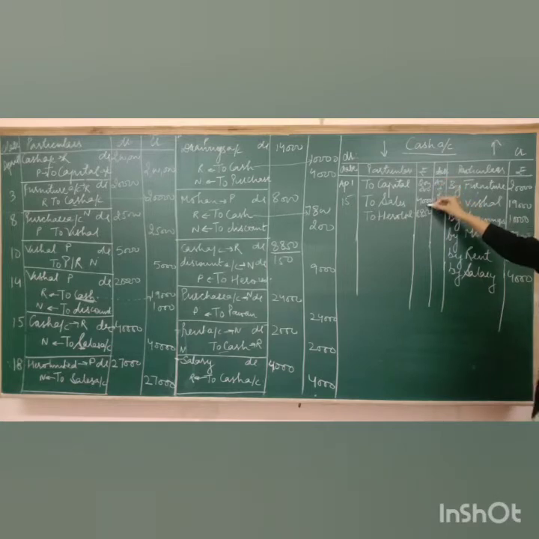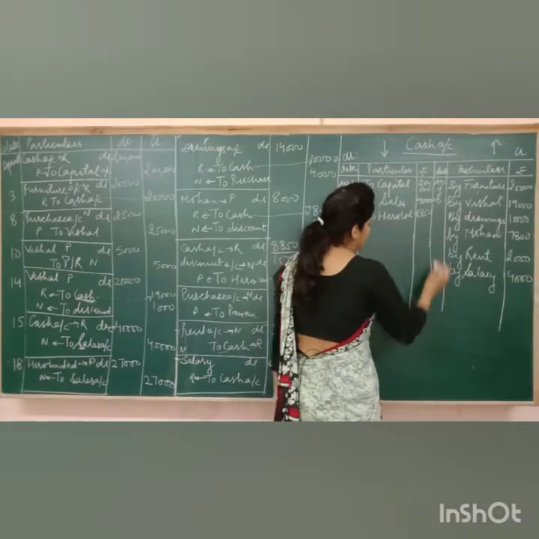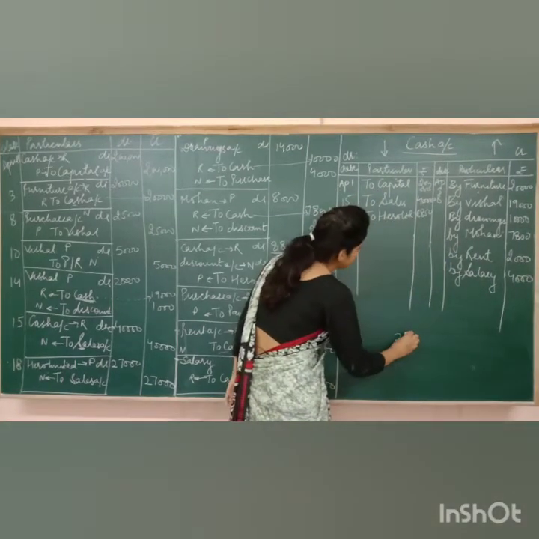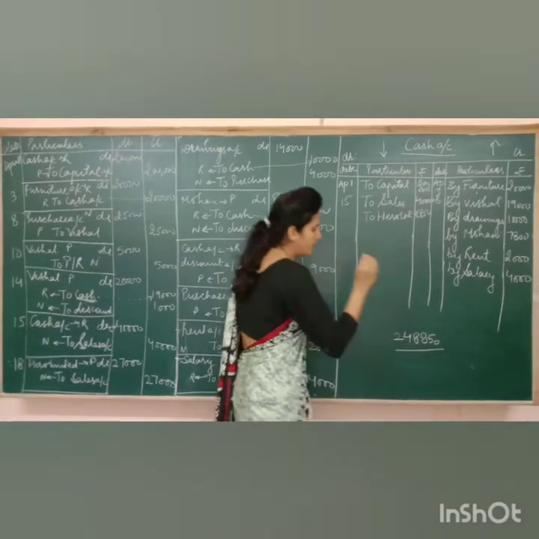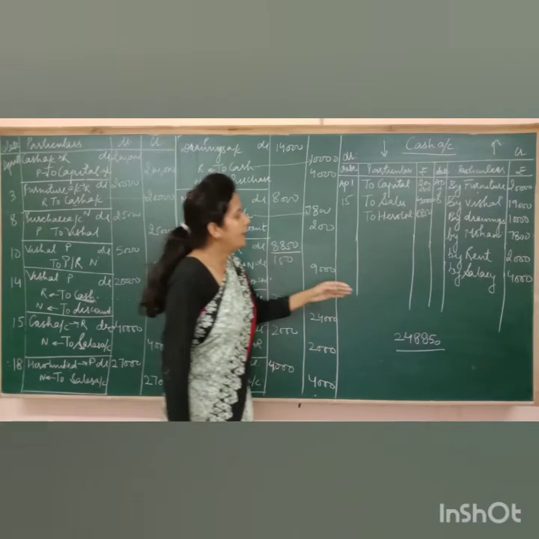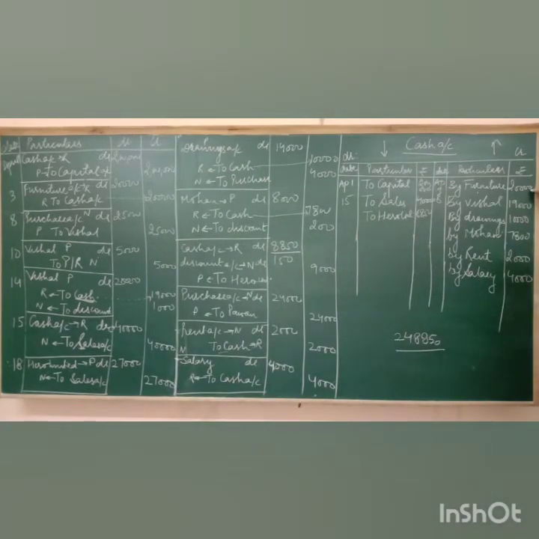It's 2 lakh plus 40,000 is 2 lakh 40,000. 2 lakh 40,000 and 8850 is the total. Fine. And if I total the credit side, it is somewhere around 39,000, 49,000, 51,000, 55,000 and 55,000, 7,800, it's